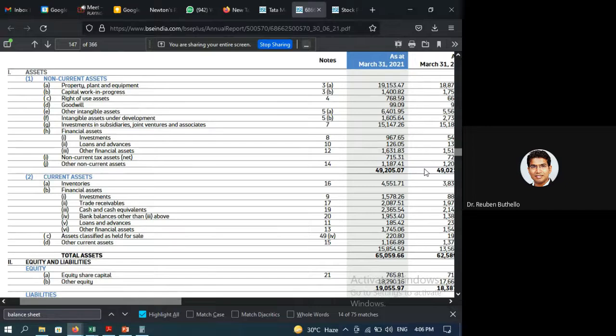So I may have certain assets which are like in the money market, commercial paper. Now, commercial paper may be for 3 months or 6 months, 12 months. Now, these assets are very short term in nature. I know I've invested money within 3 months, that money is going to come back. So, those investments are around 1 crore or 1,500 crore. And why does the company invest in these type of short term assets? Why not all of them in long term assets?